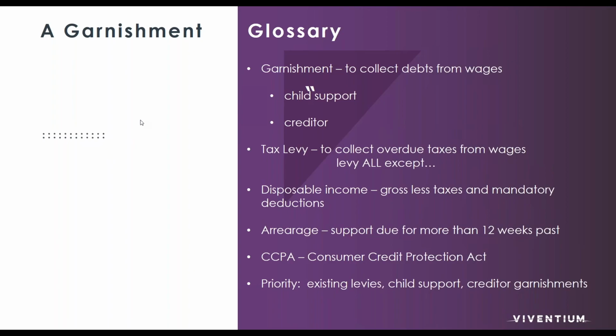You might also get something called a tax levy from the IRS or from state and local agencies. Tax levies are used by the state or the federal government to collect overdue taxes from wages, and they work a little differently than garnishments. Garnishments basically tell you, we hereby command you to take off $50 from this employee's wage per week. That's a garnishment. A tax levy says, give us all the money you've got in your hands for this employee